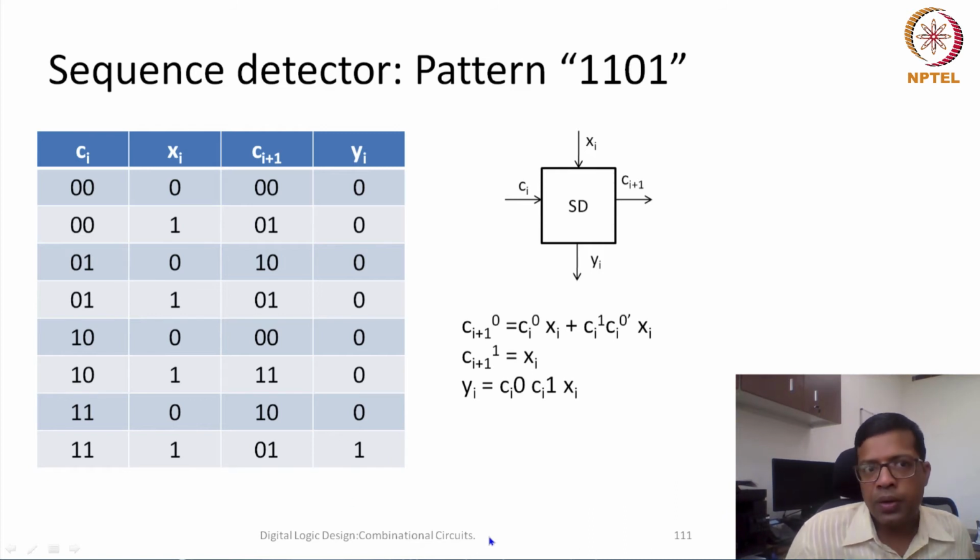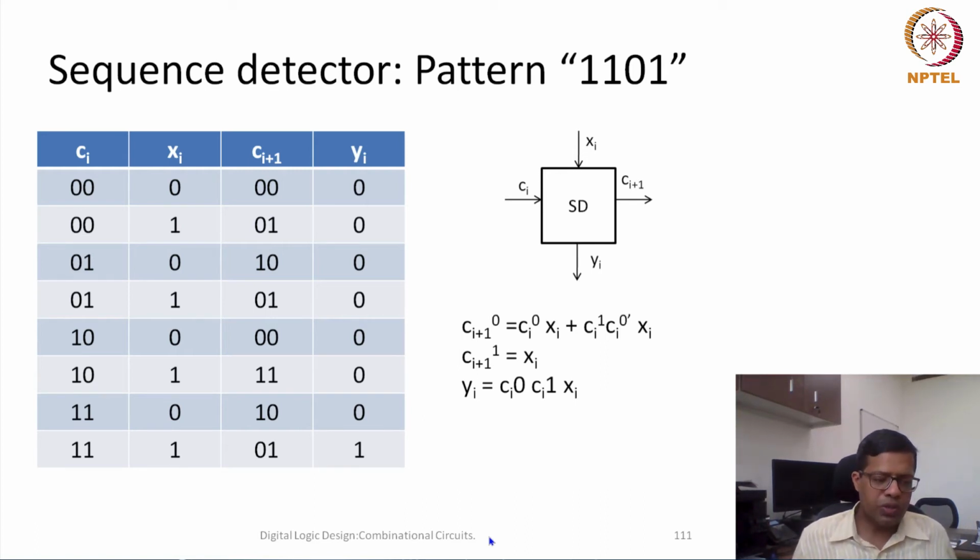Basically this has to be 1, this has to be 1, this has to be 1, then the output would be 1. Okay, so this sequence detector is a very interesting application, but you may feel that we have not done enough. If some more examples had been taken, it would be even better. But I promise that